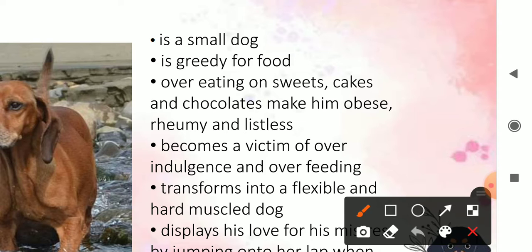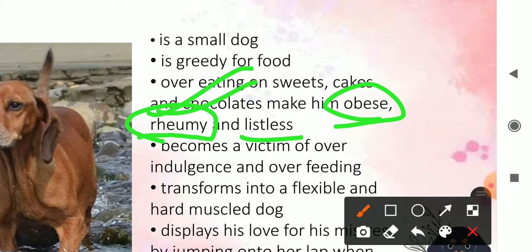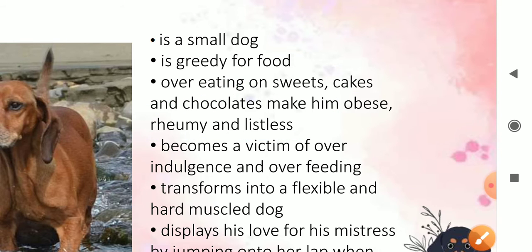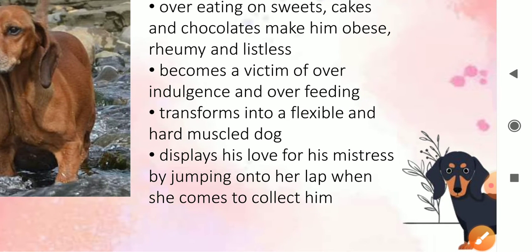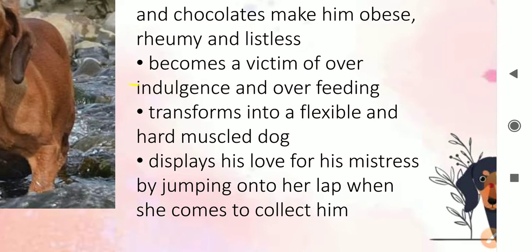Overeating on sweets, cake and chocolates makes him obese, very fat and unable to move, rheumy and listless. Tricky's eyes were full of water. It was rheumy, it was watery, and he could not even breathe properly because of it. Now, Tricky becomes a victim of overindulgence and overfeeding,